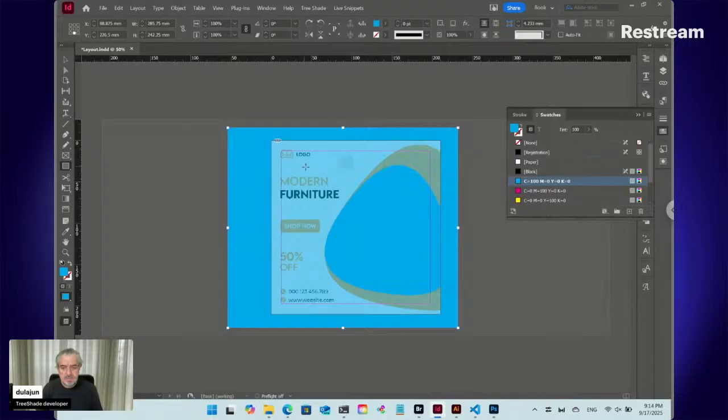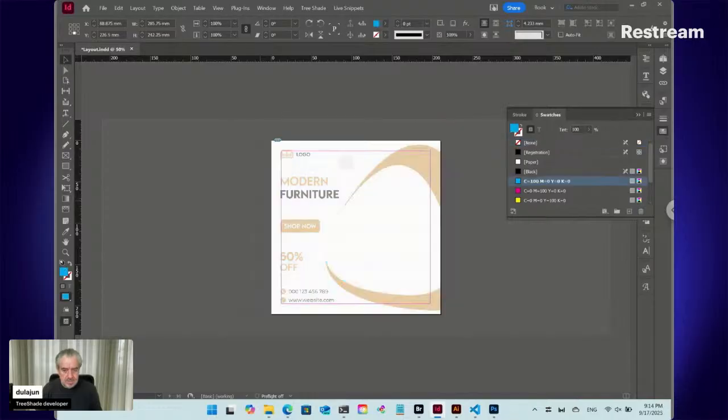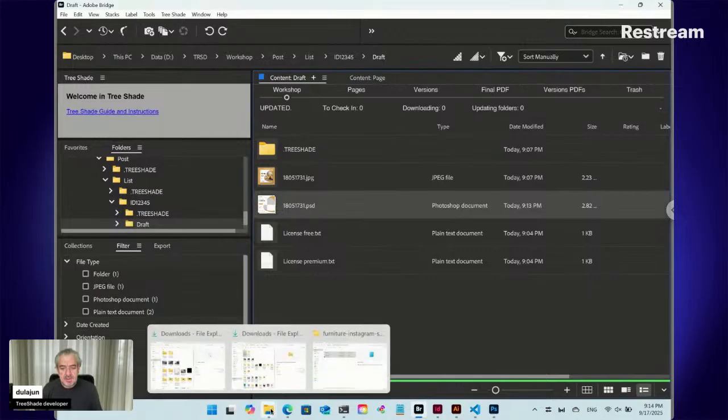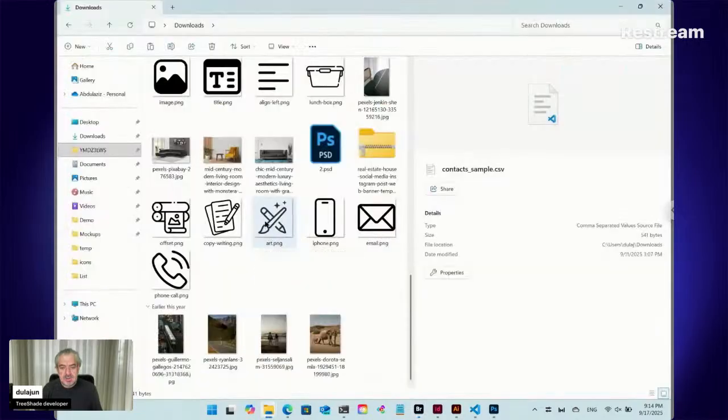So let's look again, and we have a logo in the corner. So let's make a placeholder for any logo, for any file as a logo. Let's take this,